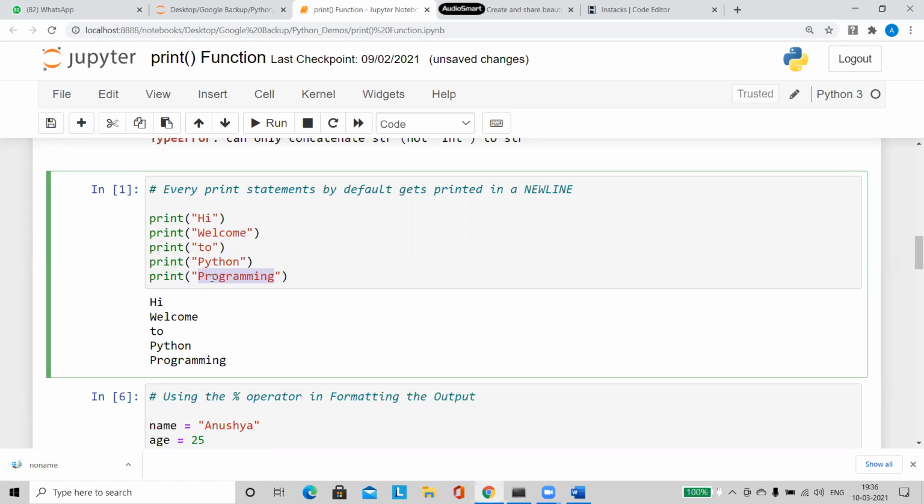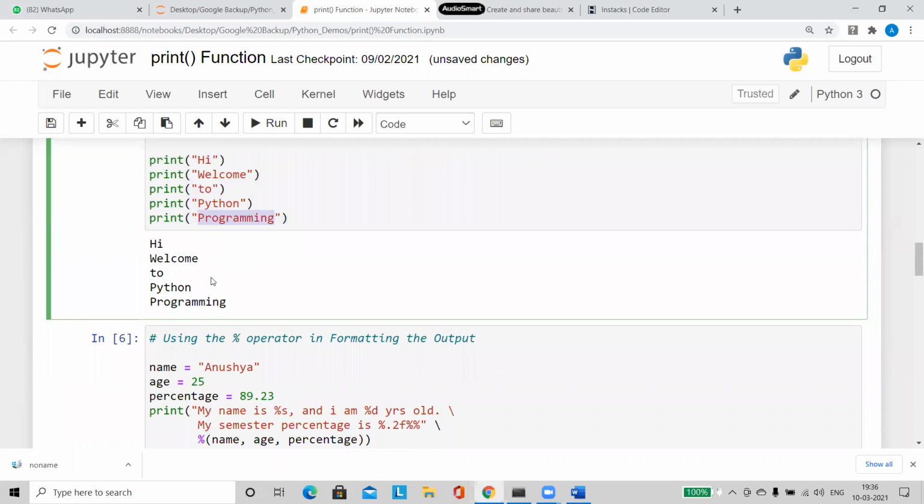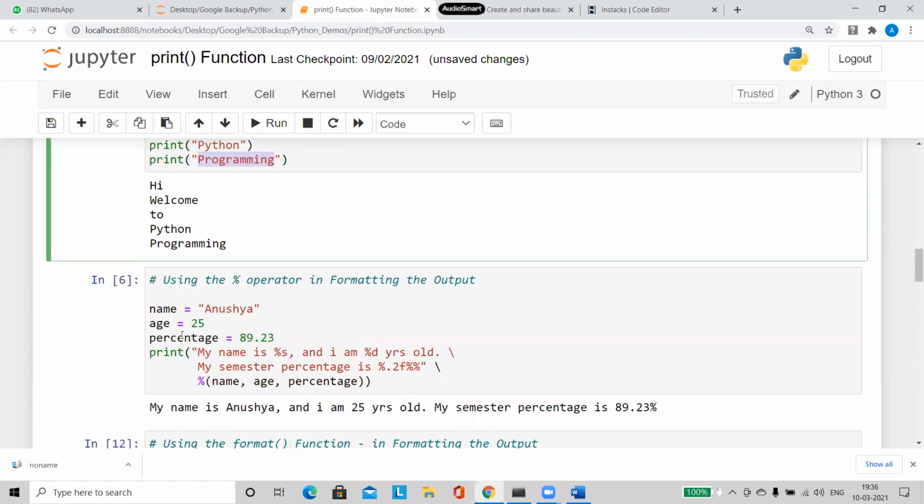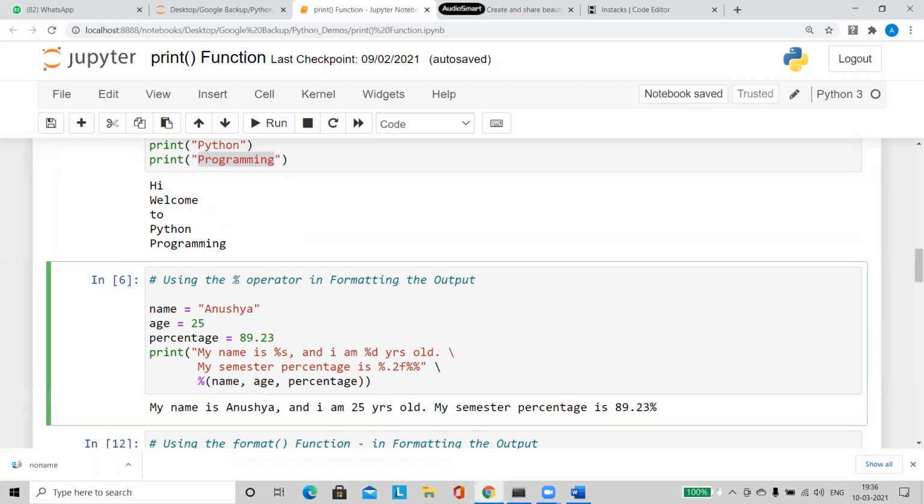Now, what are the other ways of formatting my output? So what are the different ways in which I can format my output? One, I already showed you. You use a comma, or we use the plus operator. Other than that, what else can I do? How else can I present my output? So one is the percentage operator.